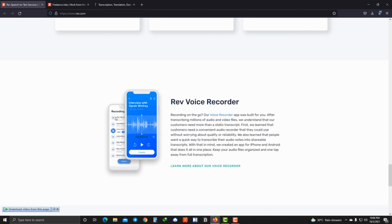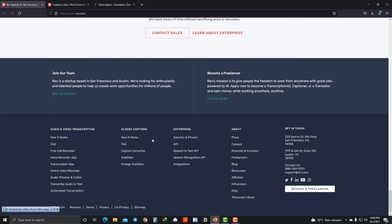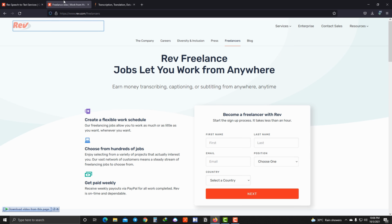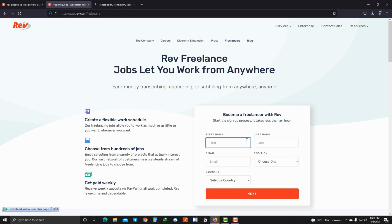If we scroll down, you can see that Rev has a simple Android and iOS app, so you do not need to work from your desktop. You can also do work directly from your phone. It is that awesome. So when you are ready to earn, simply click their Become a Freelancer button, and then you will be redirected to this page saying Rev Freelance jobs that let you work from anywhere. When you're here, simply click that button